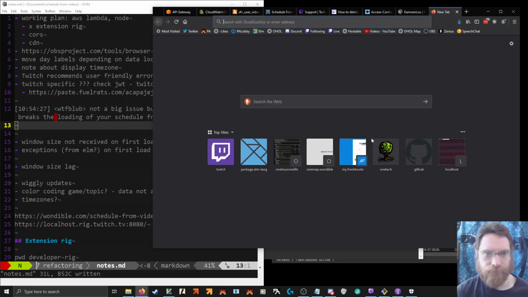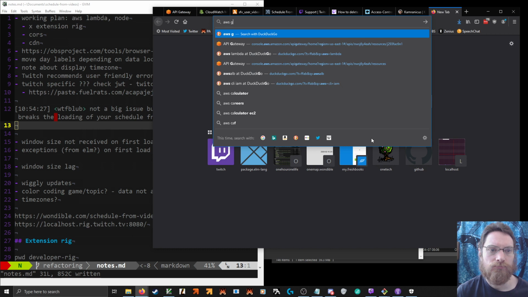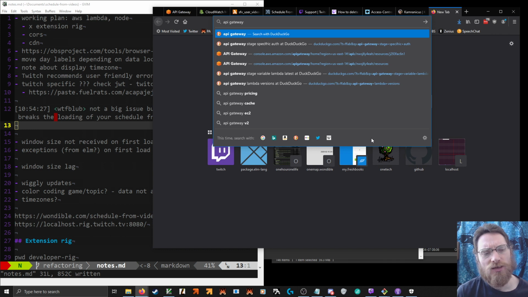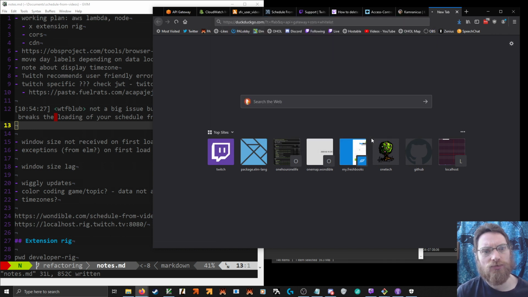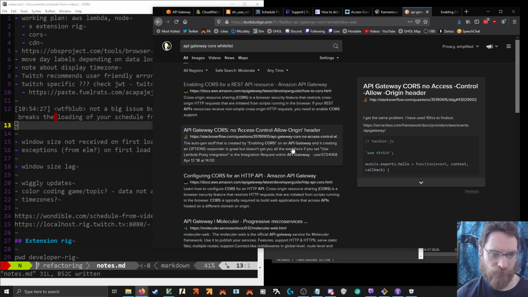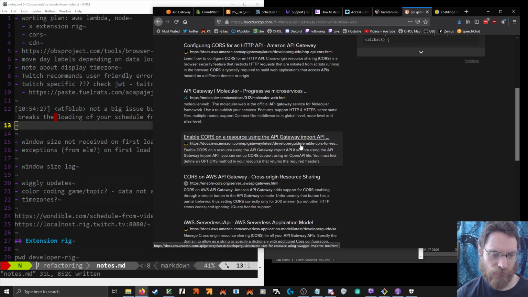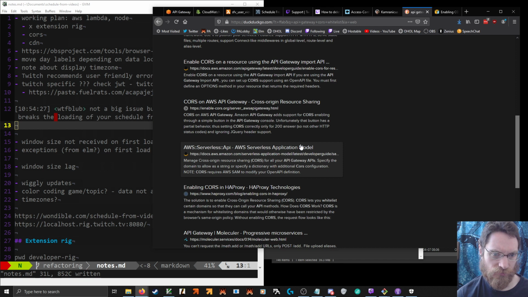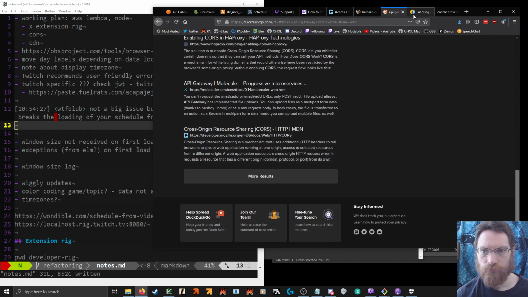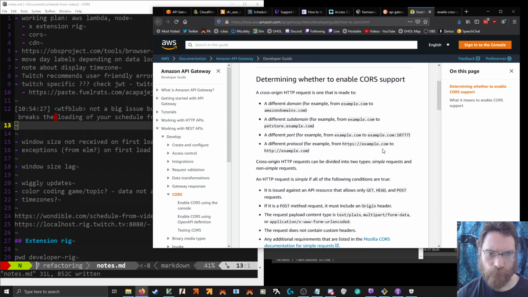Okay. CORS whitelist. One that is made from a different domain, a different subdomain, a different port, different protocol.